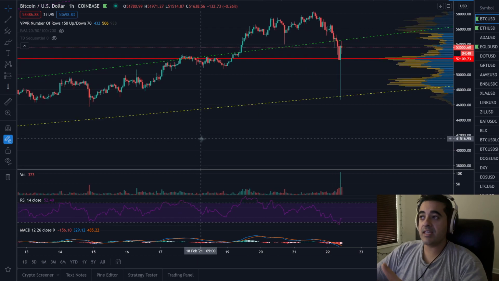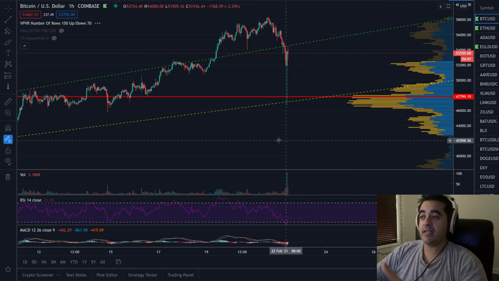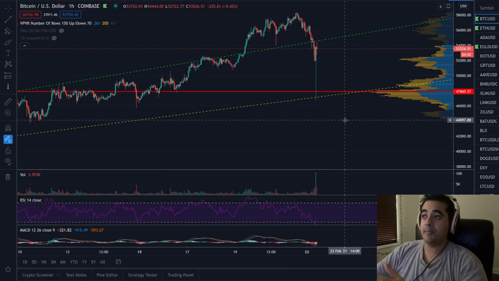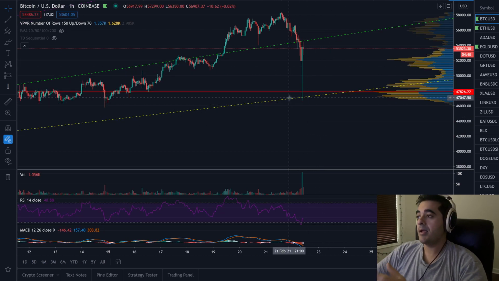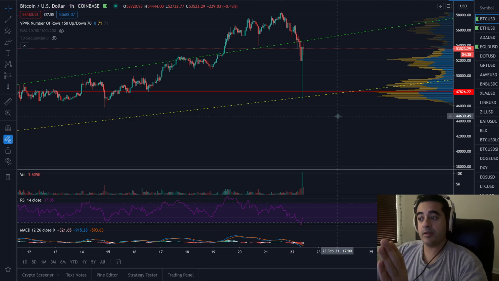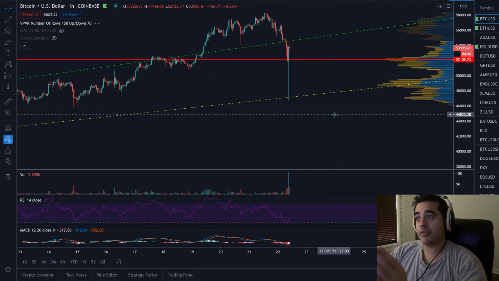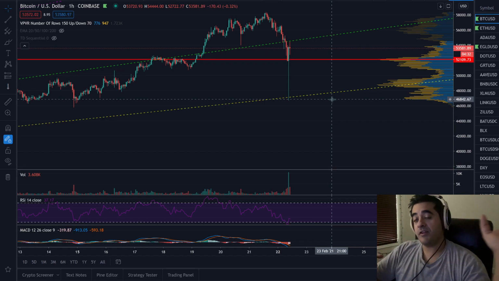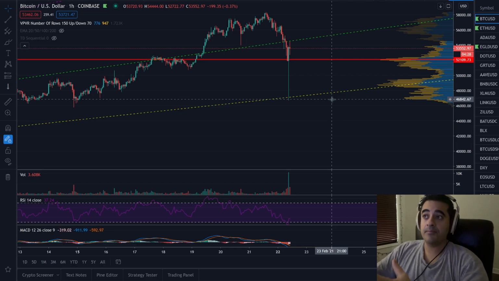So the first thing that I see that's very, very indicative of strength here is the fact that you have a lot of buying coming back to Bitcoin after this drop. And this was in a very short time period. So we really have to see what happens throughout the rest of the day. Are we going to get more people coming in and seeing that, hey, Bitcoin was 58,000 yesterday, it's 53,000 today,